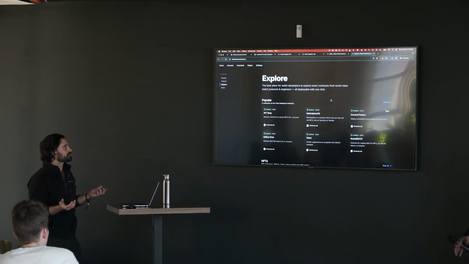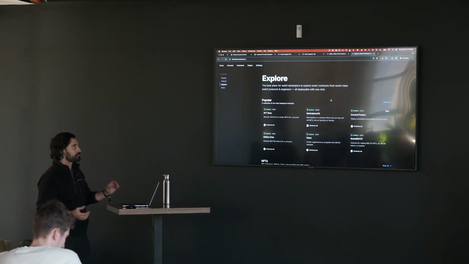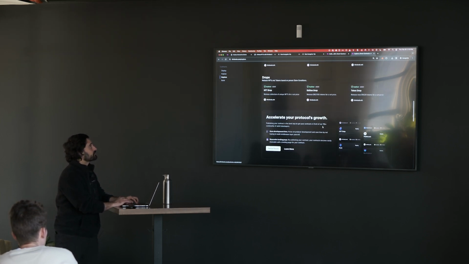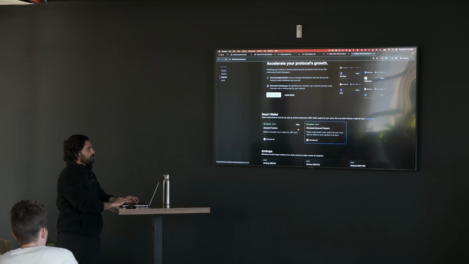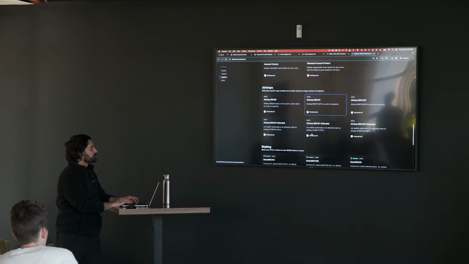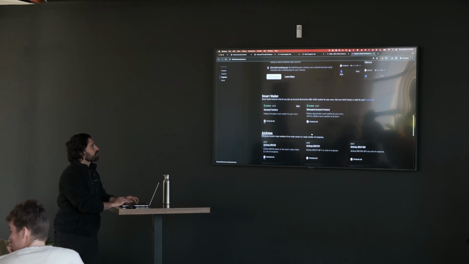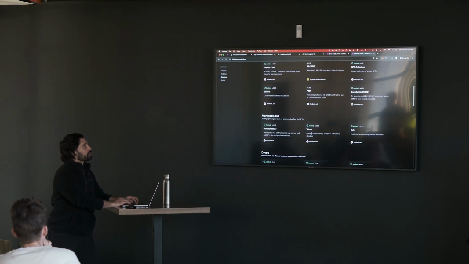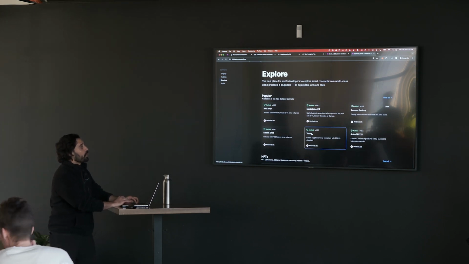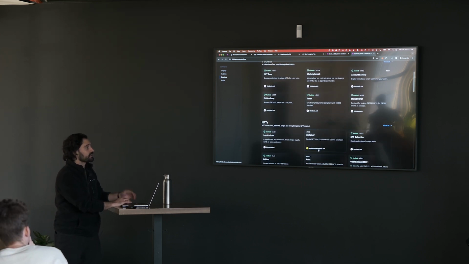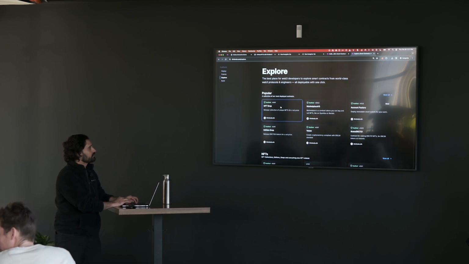It's like a smart contract marketplace that you don't pay any money for. We have them categorized by popular, NFTs, marketplaces, public infrastructure for smart wallets, staking, DAOs, and governance. Anything the light touches in the Web3 world, we have some sort of pre-built contract for. Most are written by us. Some are written by partner companies. Anyone can contribute to this marketplace, and nearly all of our contracts are audited.